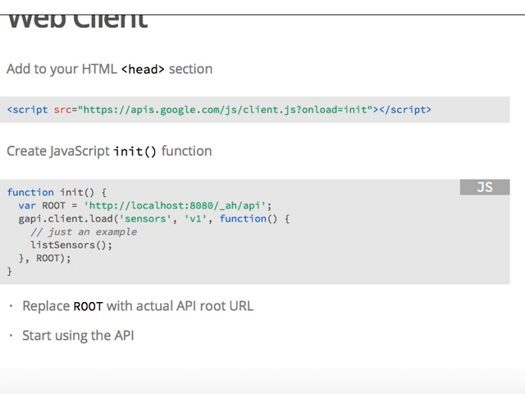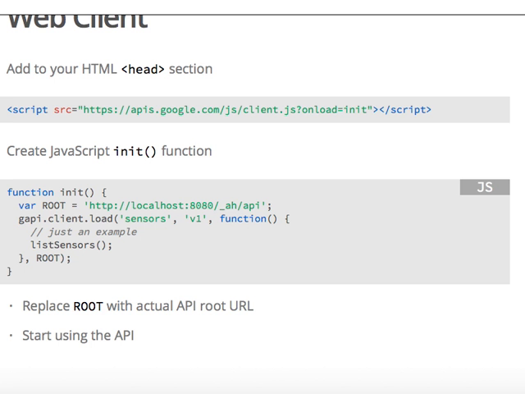So the first thing we do is we call gapi.client.load. Here we actually load the API from this URL, from the root URL. If you're interested in what happens inside, the cloud endpoints will generate a huge, or not so huge, JSON document called a discovery document, which gives exact information about every method in your API, about every parameter in your API. If you define it, it'll give you some type checking. If you define it, it'll give you some data checking. This JSON file is generally human readable, but no one really needs to read it.